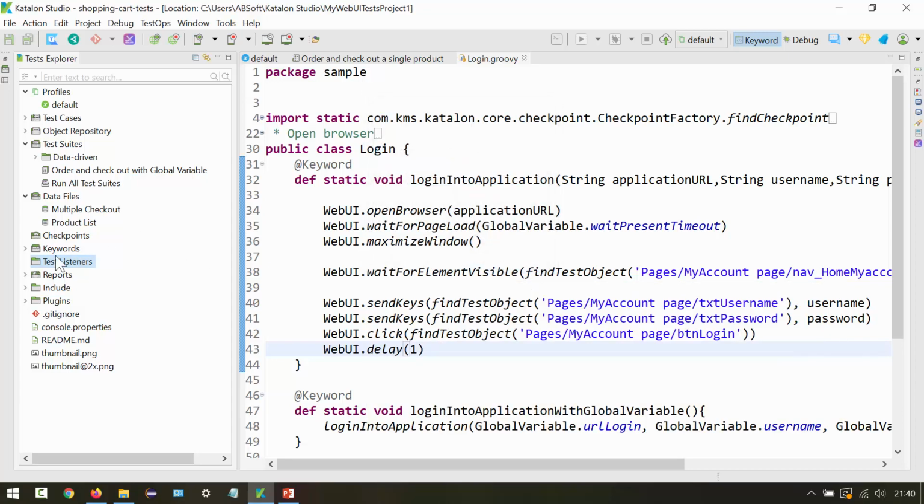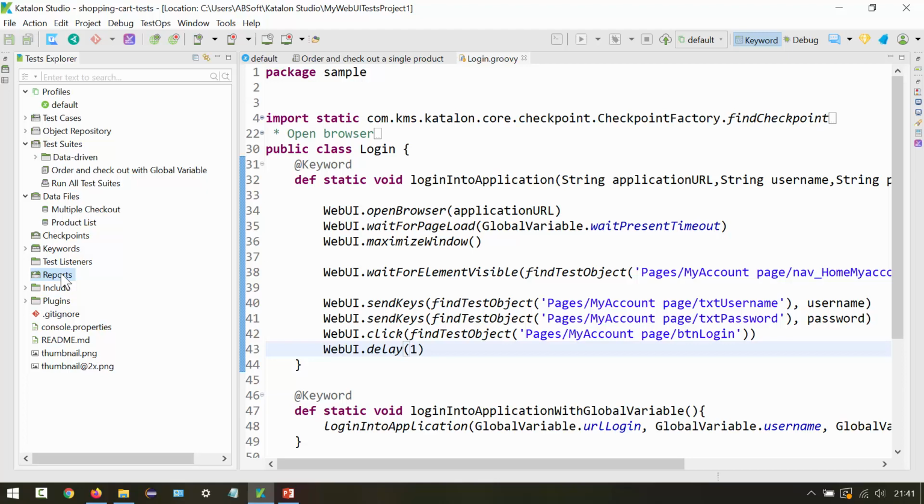And then we have reports. There are no reports because I have not executed this project as of now. Once a test suite or test suite collection finishes its execution, a historical report will be automatically generated and stored here. So here we can see historical reports for test suites. It's not going to come up for a test case. This is mainly for test suites.